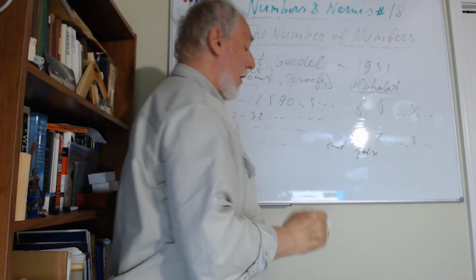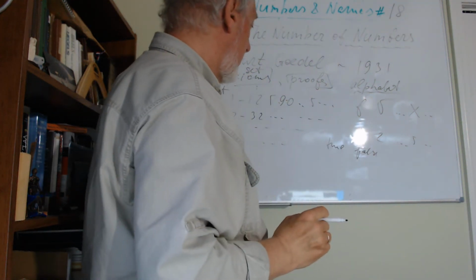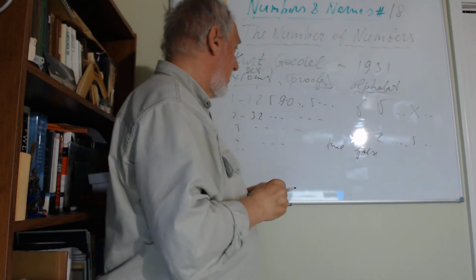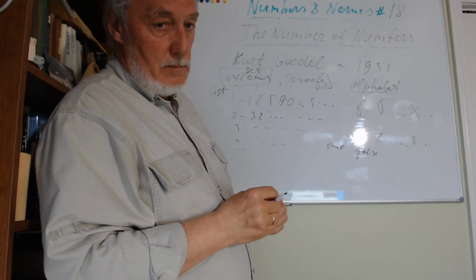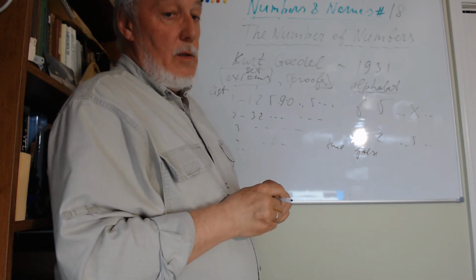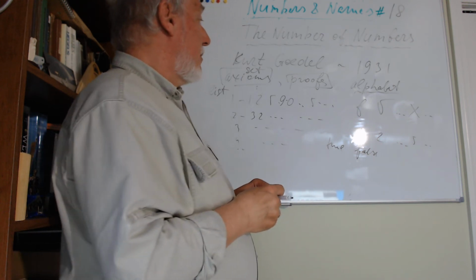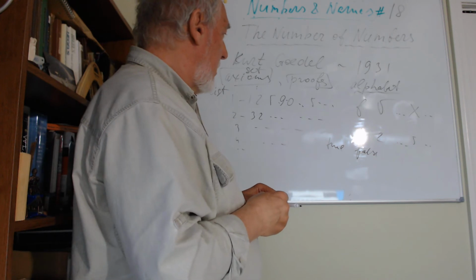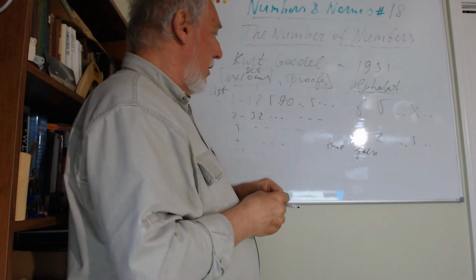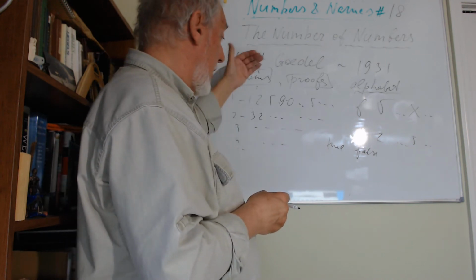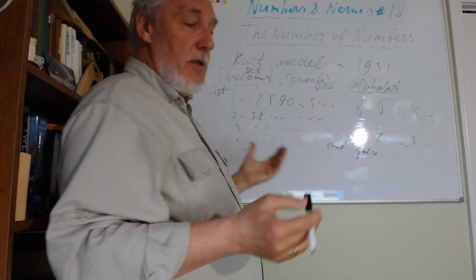Wait, hold on, I don't understand. Yeah. He's saying that the number of theorems in math is uncountable? I think it's countable. No, not the number of theorems. Number of theorems is countable. Yeah, that's right. That's wrong. That's what I'm saying. So I don't understand. That's exactly what I'm saying. It's countable. Yes. Okay.